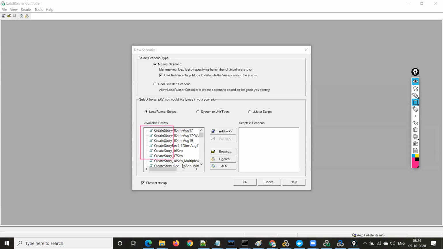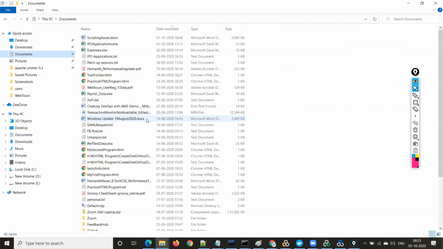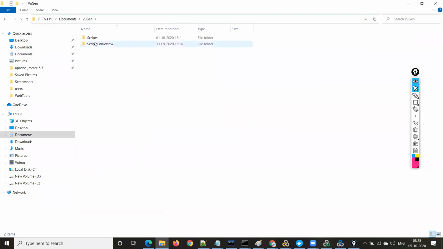It shows you whatever scripts are there in the default path of VuGen scripts. What is your script location? The default script location is Documents, VuGen scripts.